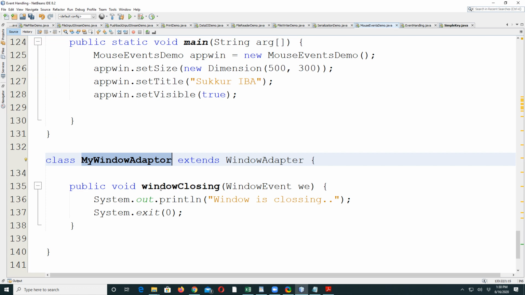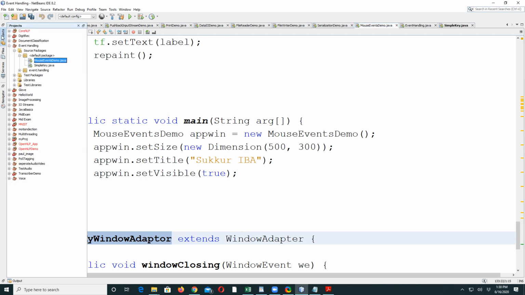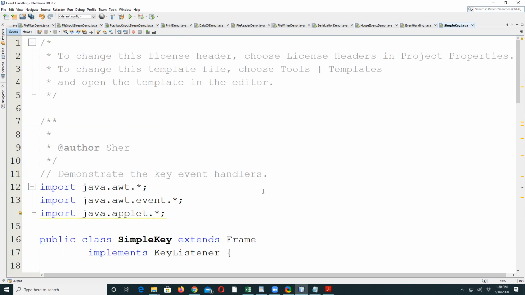The reason being that the superclass of my class is window adapter and it is giving empty implementation for all those methods. So that is the concept of adapter classes in Java, and all these adapter classes are provided for all the action or event listener interfaces. Right, you can further read this concept in the book.